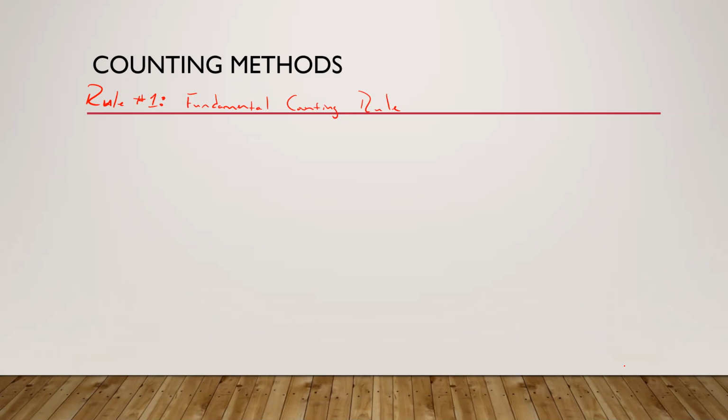Okay. And what I want to do is we're going to have an example with this. And what we want to do in this example is we want to count the number of,